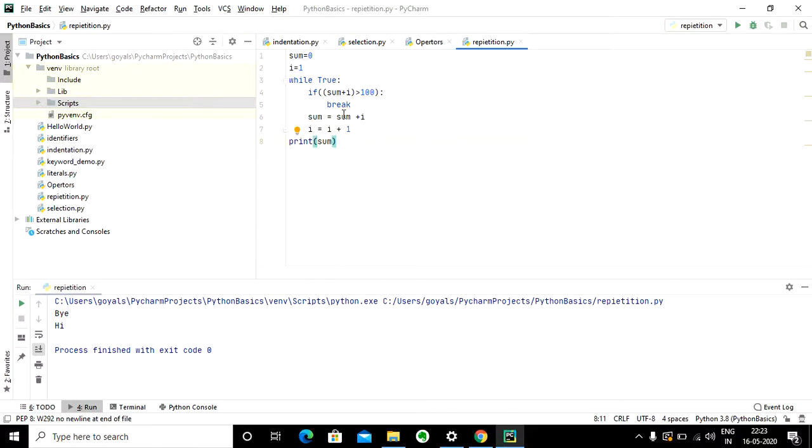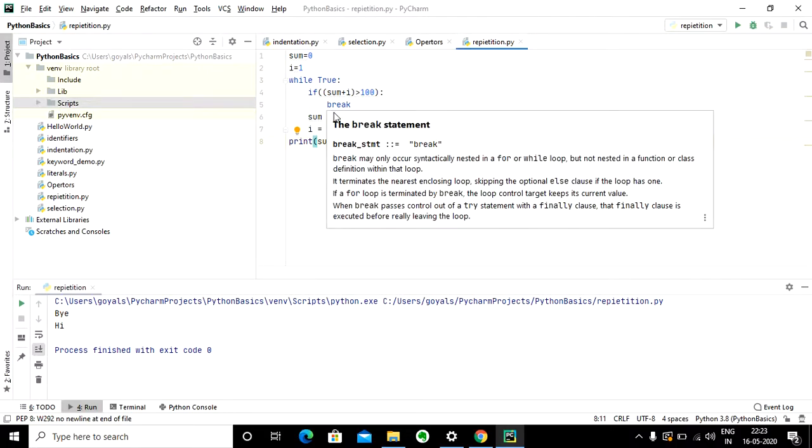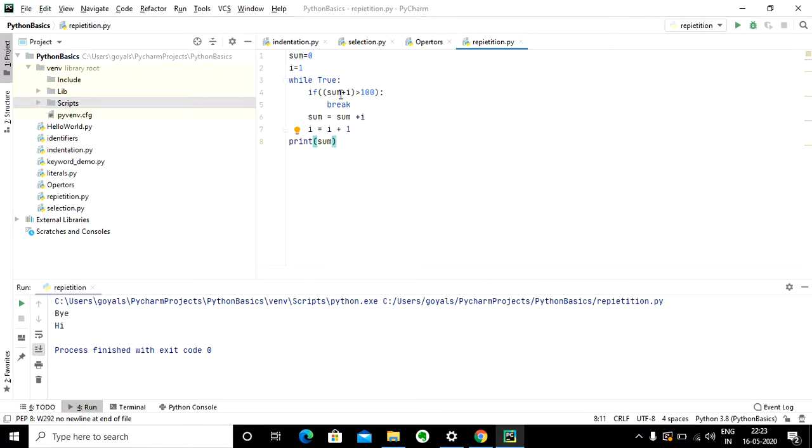Again it is going to assign the added value to sum and increment the value of i by 1. So i would be 4 and sum would be 6. That is how it is going to work. And as soon as this sum plus i would exceed 100, it is going to break out. So sum will contain the previous sum, because here we are not assigning the sum. So sum still holds the older value.